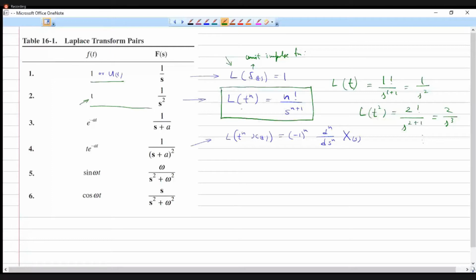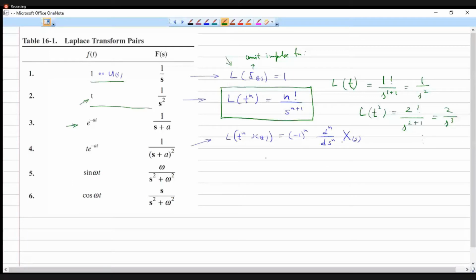So whenever you encounter a time function of the form t raised to a constant value, you can use this expression to convert it to the Laplace domain. Another function which we have already discussed is L of e power minus at is equal to 1 by s plus a, which we have already written. And another expression is L of t into e power minus at is equal to 1 by s plus a, the whole square. Actually, a property of the Laplace transform, which is written as L of t power n into x of t is equal to minus 1 raised to n d raised to n by ds raised to n